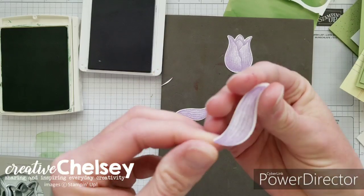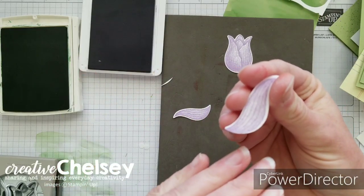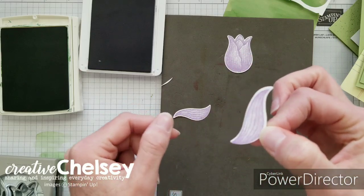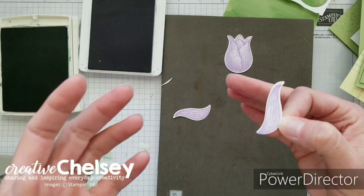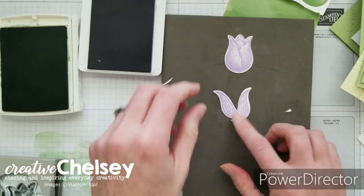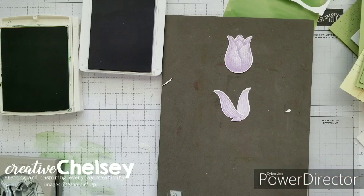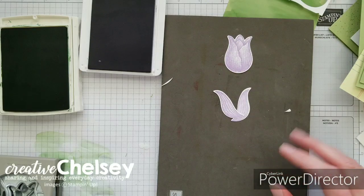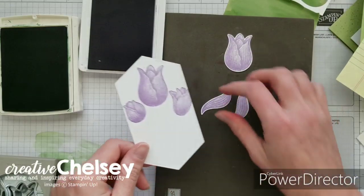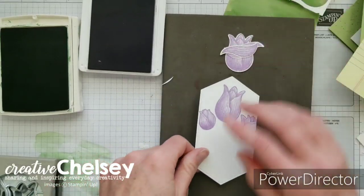So you'll see how we now have a reversed image on a reversed punch. And so that was pretty fast and easy, and it didn't require any other tools than what we already had. So we're going to go ahead and add those to our card in a minute. So let's find, here it is. So we go back to our original